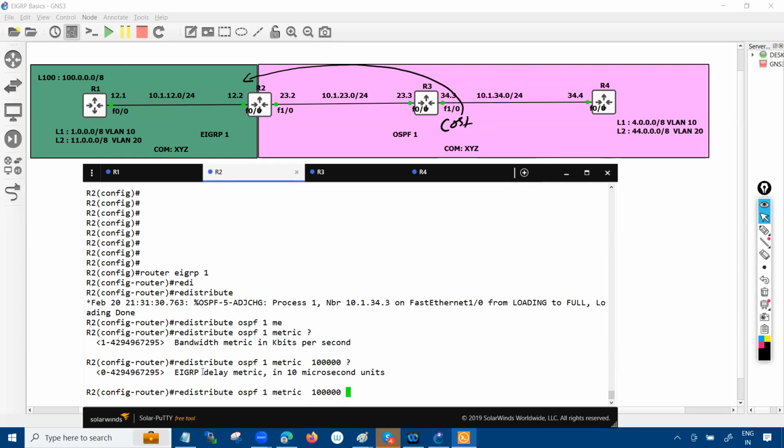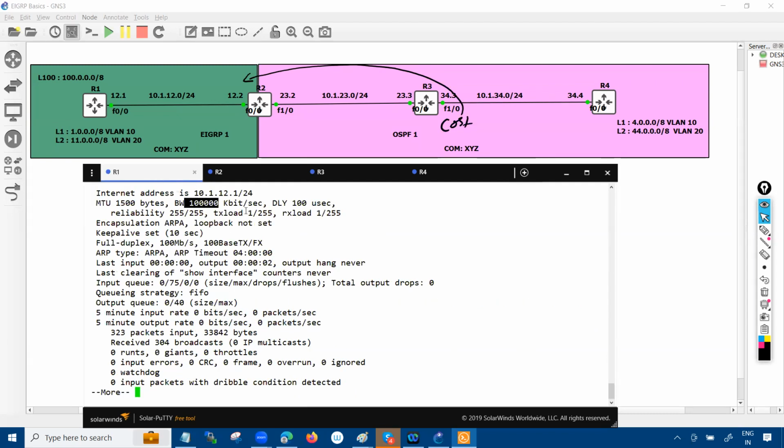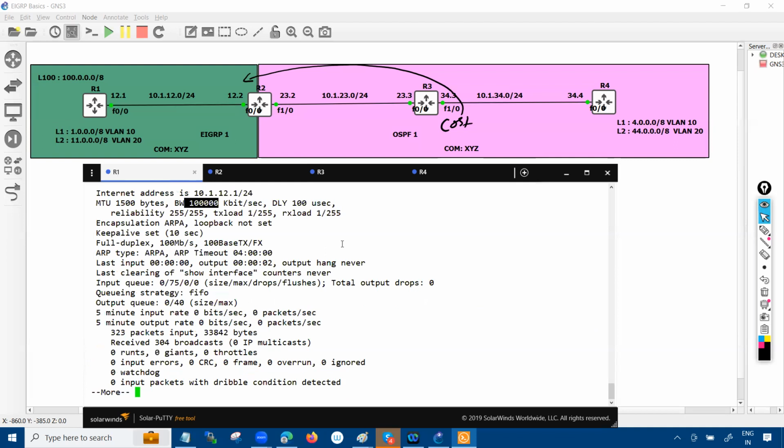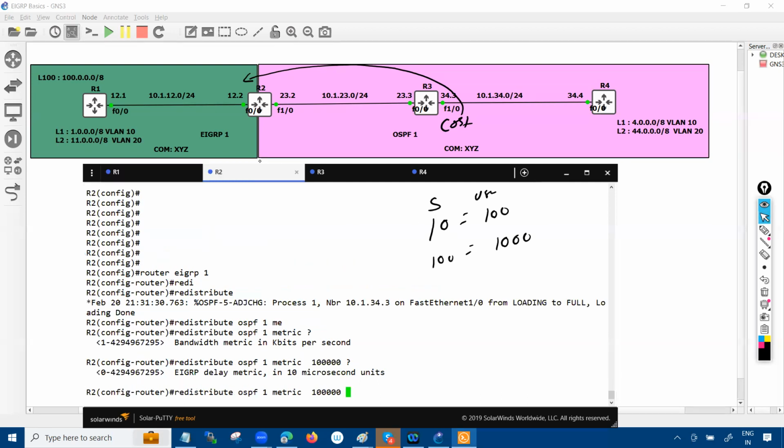Then K2, delay. What is the delay over there? It's 100. So 100 is in microseconds, guys. Please pay attention. 100 is in microseconds. The configuration you are always doing in seconds. So if you say 10 seconds, it will show 100 microseconds. If you say 100 seconds, then it will show 1000 microseconds. So the configuration you always do in seconds, and they will convert it into microseconds. So I'll say that